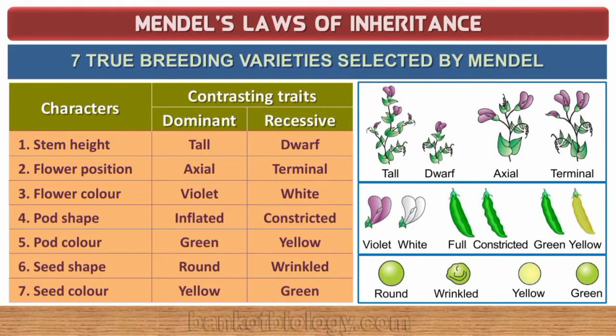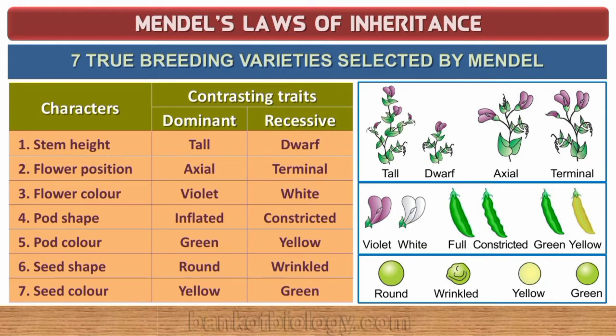What were the seven true breeding varieties selected by Mendel? They were stem height, which may be tall or dwarf. Tall will be dominant, dwarf will be recessive. Flower position, axial or terminal. Axial will be dominant, terminal will be recessive. Whereas flower color can be white or violet. Violet is dominant, white is recessive. Pod shape may be inflated, means swollen, which will be dominant. Constricted